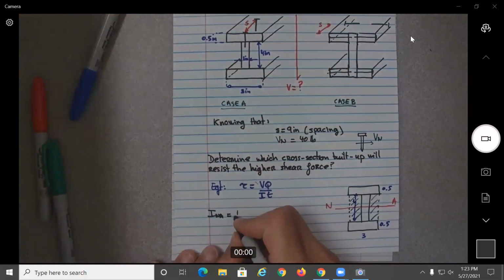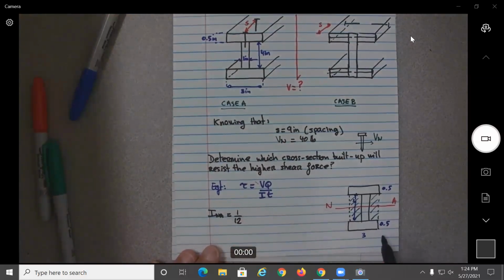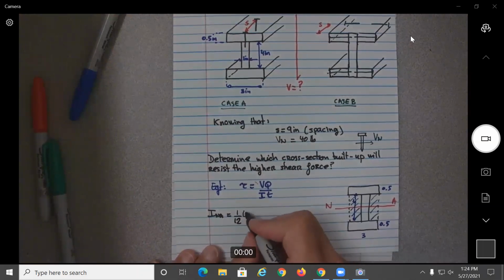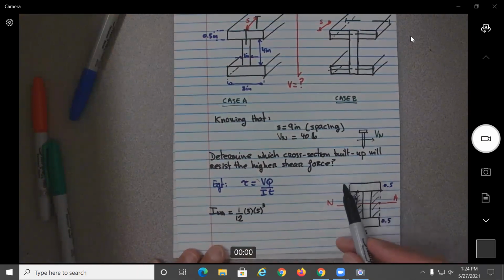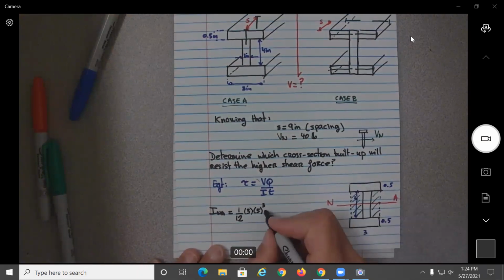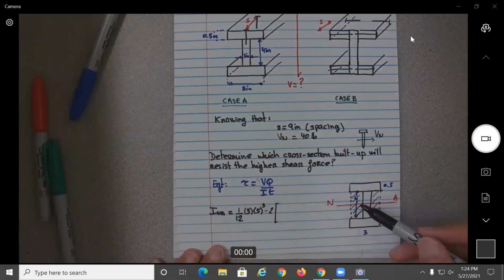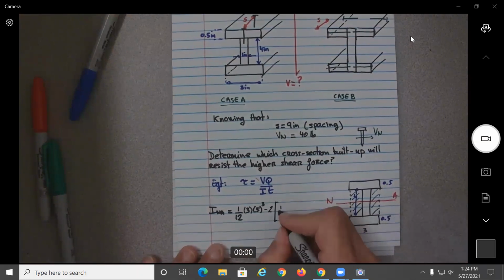We'll have 1/12 of the base, which is 3, times 5 cubed, will be the whole rectangular cross section, minus, now I'm going to remove these two little pieces over here. So that will be 1/12 of,